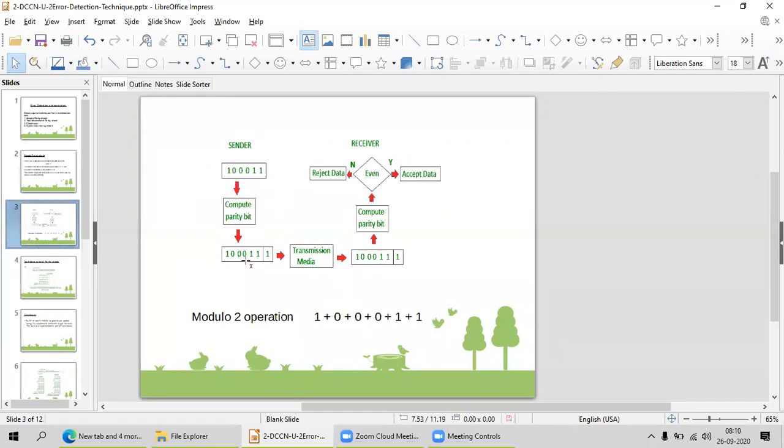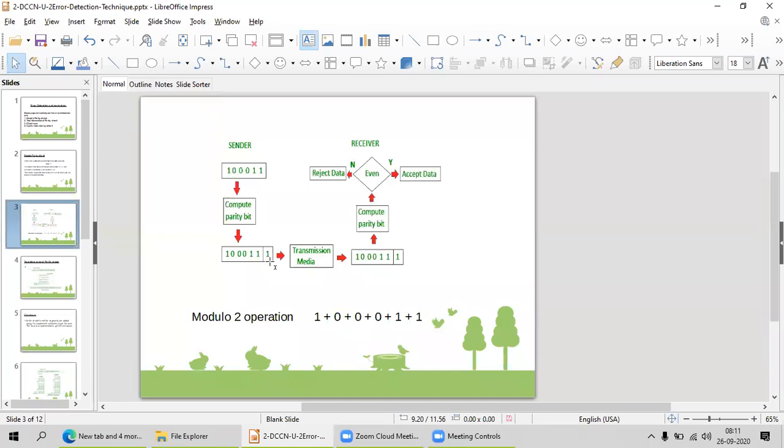I calculate how many ones there are. There are 3 ones, which is odd. So I add a parity bit of 1, to make the number of ones in that data word even. Now I got the code word 1000111. Now I will transmit this code word to the receiver.